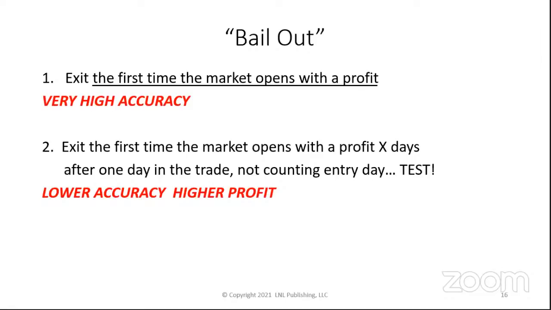Now, trend is the basis of all profits. No trend, no profits. So what causes trend? Time. It takes time for a trend to happen. So the more time you can give your trades, the more potential profit you have. Your profit can be larger. Your accuracy may slip. I'm going to show you some examples of that. But trend is the basis of all profits, and that's a function of time. So I like to find trades that are good for more than just 1 day.